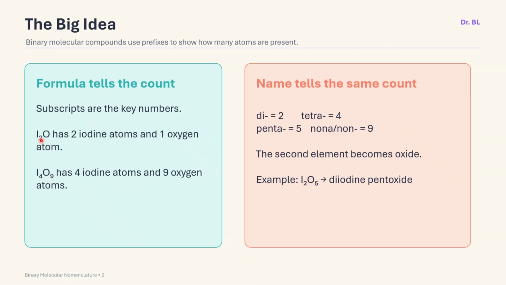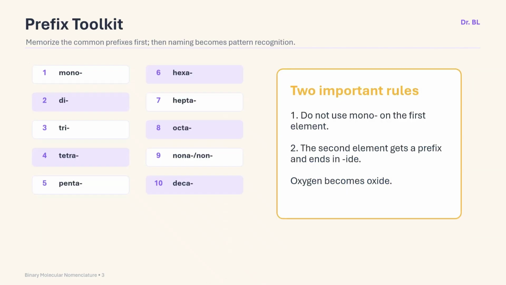To indicate these numbers, 2, 4, 9, how many of each type of atom, we use prefixes. For example, if you have two atoms, we use the prefix di. For four atoms, the prefix tetra, five penta, and so on. These are the prefixes: mono, di, tri, tetra, penta, hexa, hepta, octa, nona, deca. Use these prefixes before each nonmetal to indicate how many of each type of nonmetal is present in the molecular